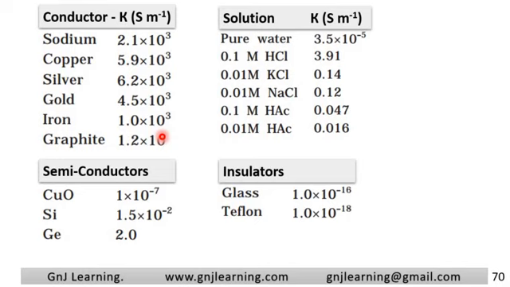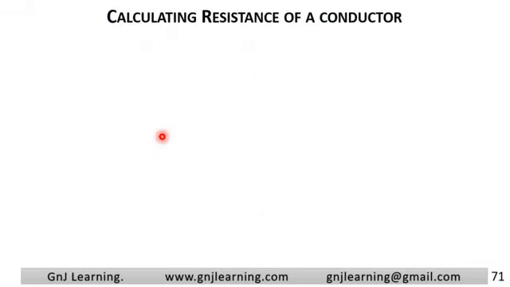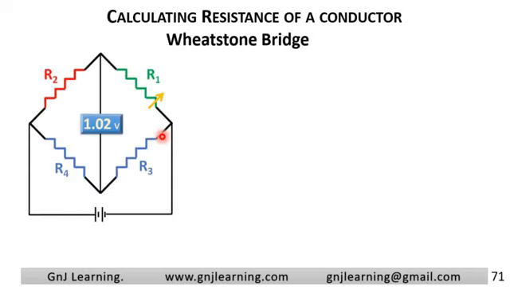Regardless of solid or metallic, how do we calculate the resistance of a conductor? Today we have a lot of different instruments and devices, working at your fingertips, to know the resistance of a conductor. Earlier we used the Wheatstone Bridge to calculate the resistance of a conductor. So let's see how it works. In a Wheatstone Bridge, a battery is connected to 4 different resistances like this, one end here and one end here,